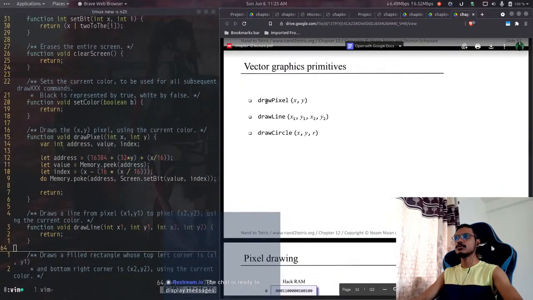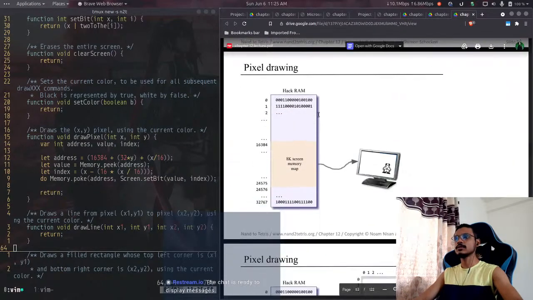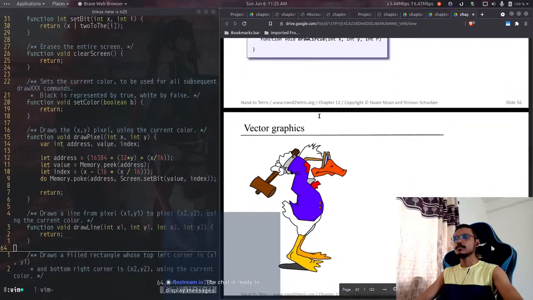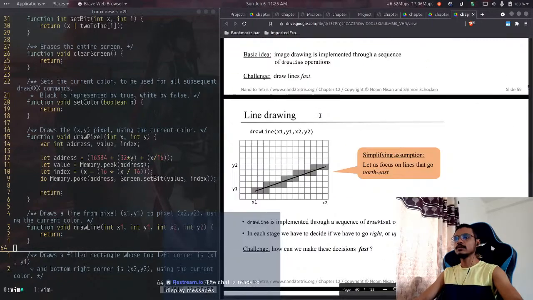Graphics, draw pixel, and draw line. Alright, so for drawing line,